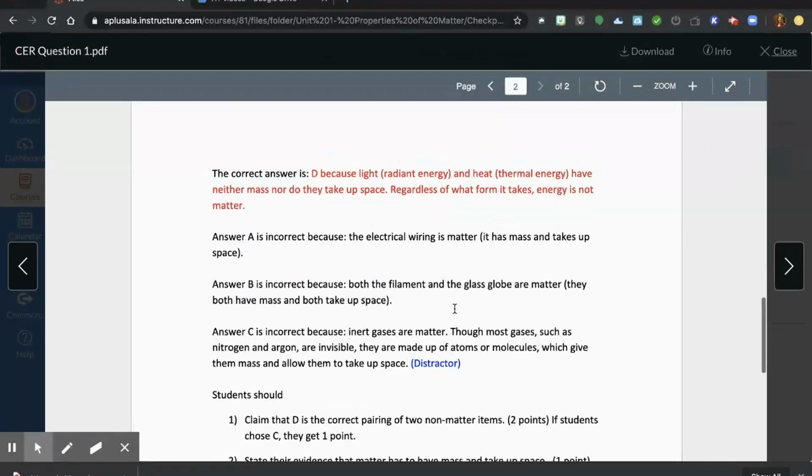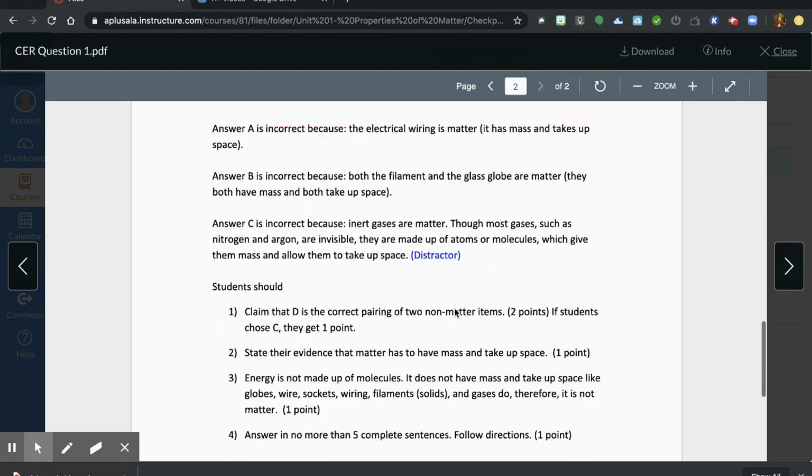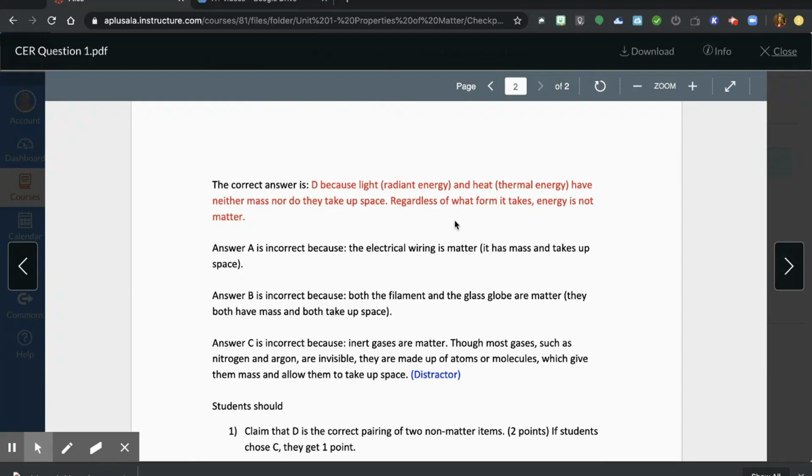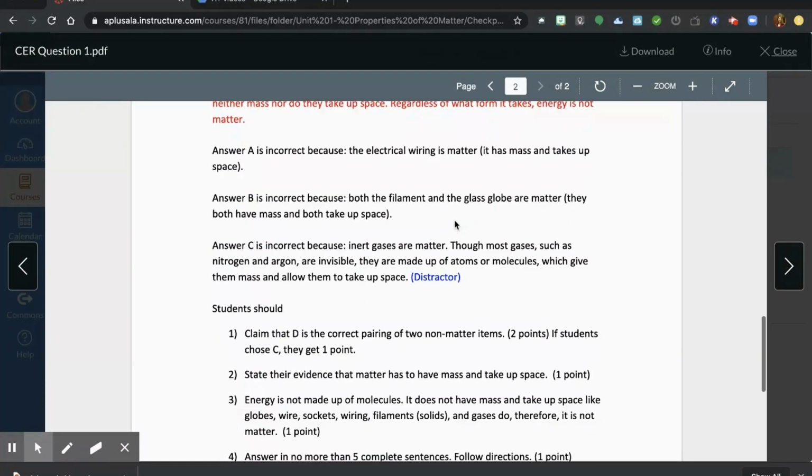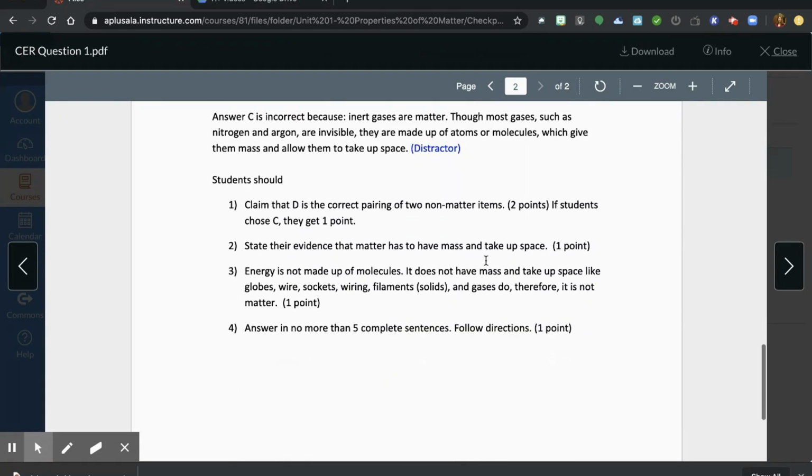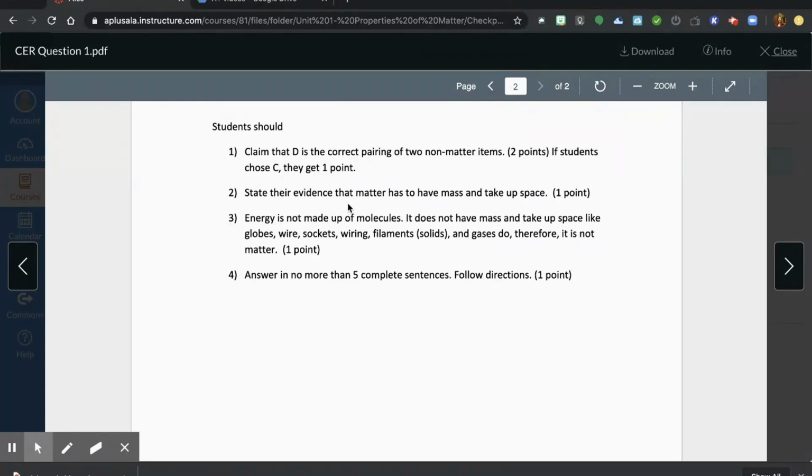Also included is a grading rubric for you. It tells you the correct answer. It also gives you the distractor when there are multiple choices. The distractor is that answer that is really close to being correct, but has one little nitpicky thing that makes it the incorrect answer or not the best answer, even if the information is correct. This is why I said these are great for test prep. It tells you the claim that the student should make, evidence that they should use to support their answer,